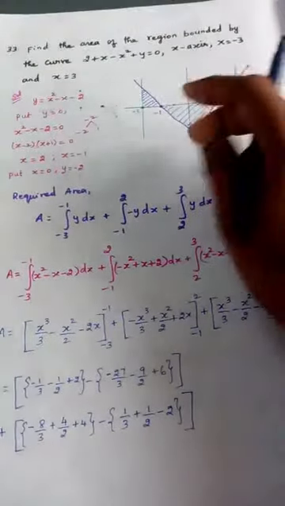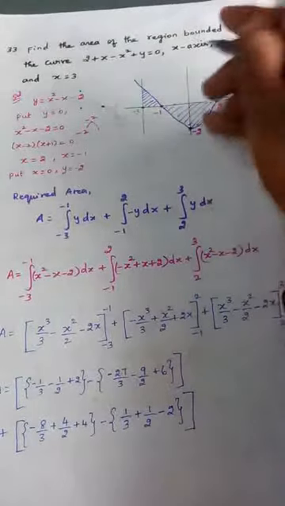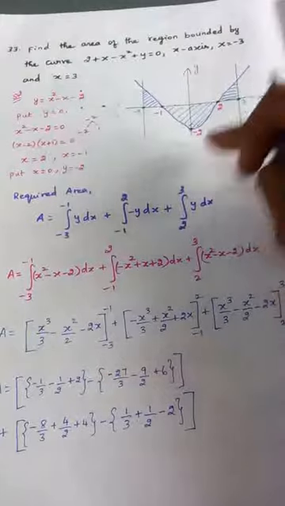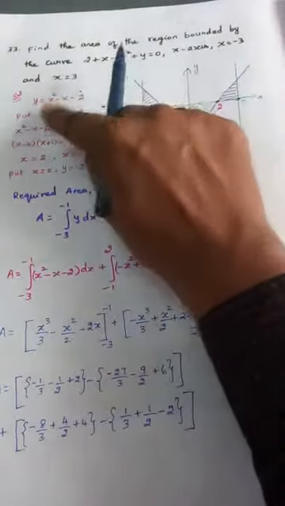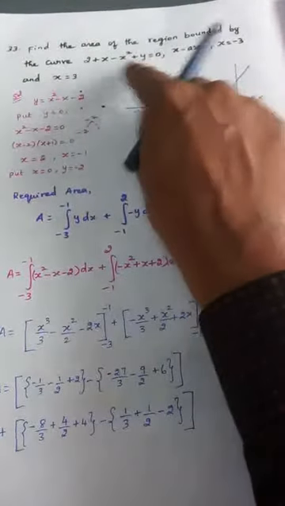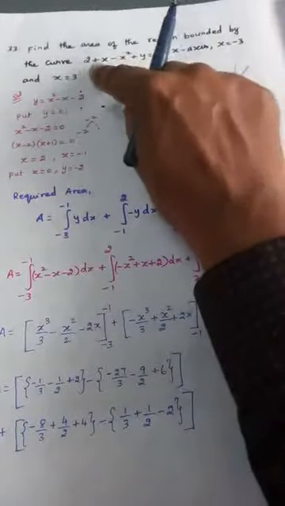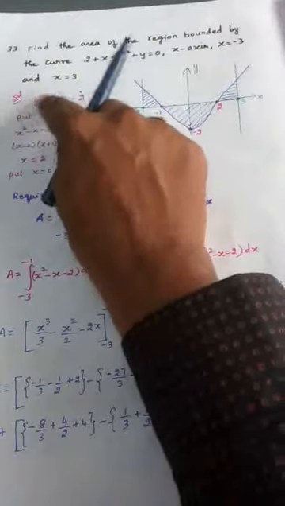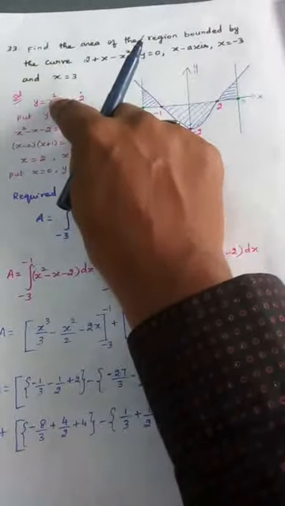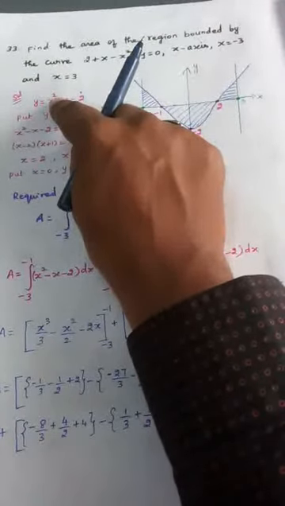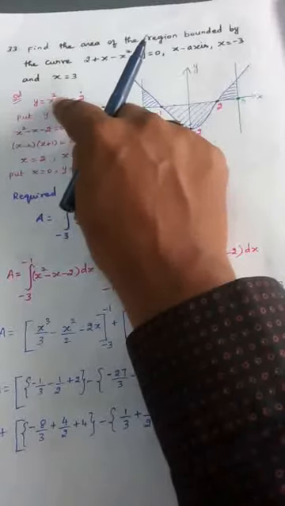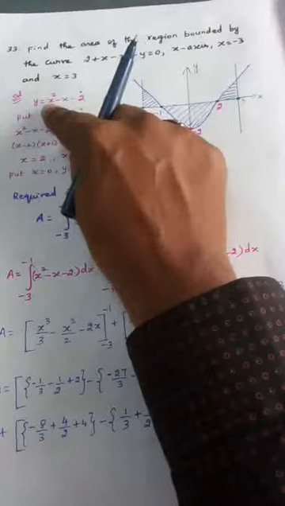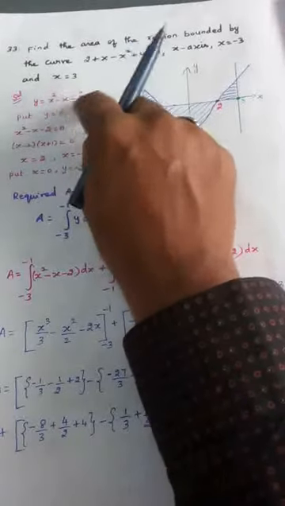So first, I have to draw the diagram. First I will draw the x-axis and y-axis. Then I will write this equation here, keeping y on one side and all the terms on the other side. Now clearly the degree is 2, so this will be a curve. So how to draw the curve without points? Definitely we need points to mark the curve and draw it.